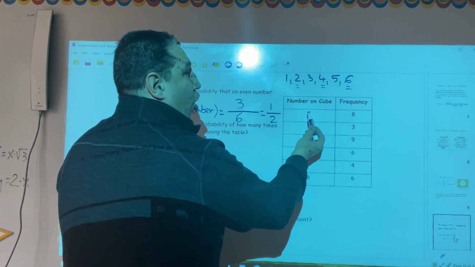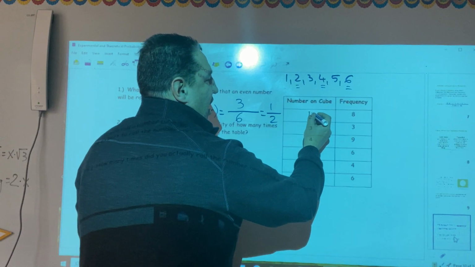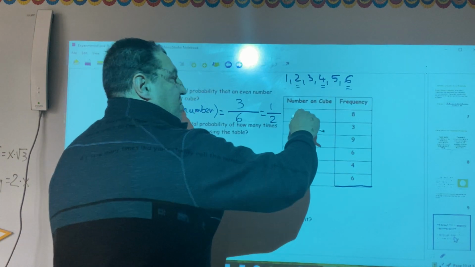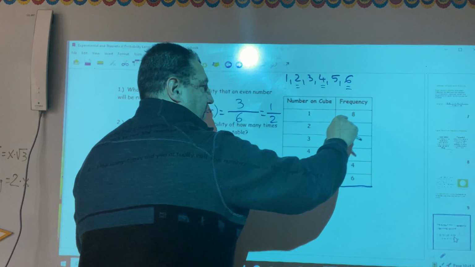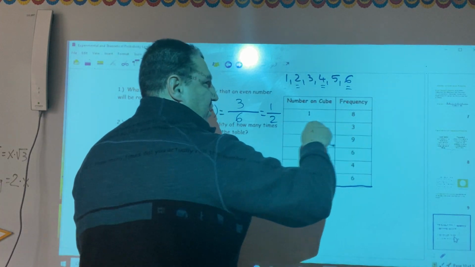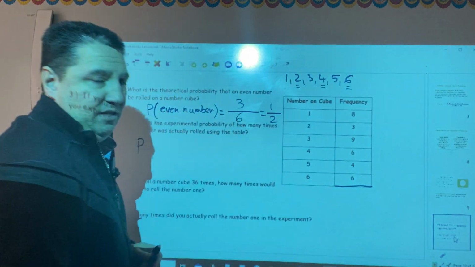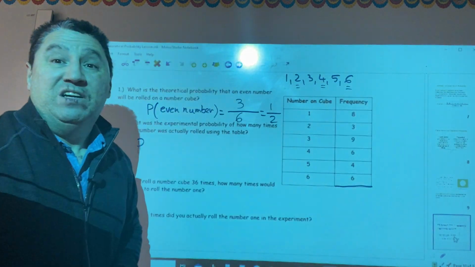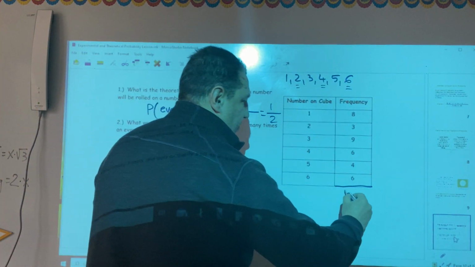In other words, how do we read this table? When you roll the dice as an experiment, number 1 showed up or appeared 8 times. When you roll these dice, number 2 appeared 3 times, 3 9 times, 4 6 times, and so on, right? Good. Now, first, let's find what is the total number of trials. The total number of trials, if you add these numbers, would be 36,